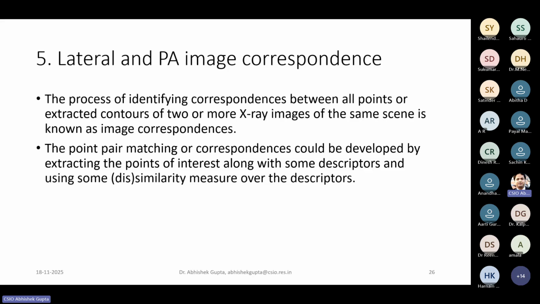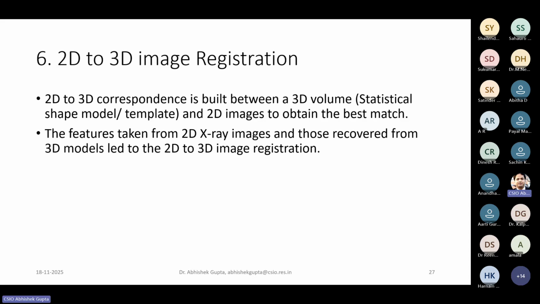between both the images. That correspondence can be created if you have calibrated them, scaled them, and rotated them well, so that they are aligned, just like an alignment. Then we have to do the 2D to 3D image registration. We will be taking one 3D template. That 3D template can be a statistical template, and we will register the 2D image to the 3D image